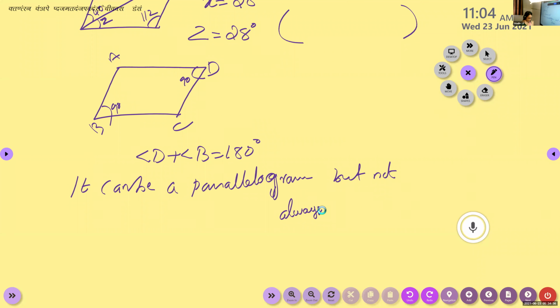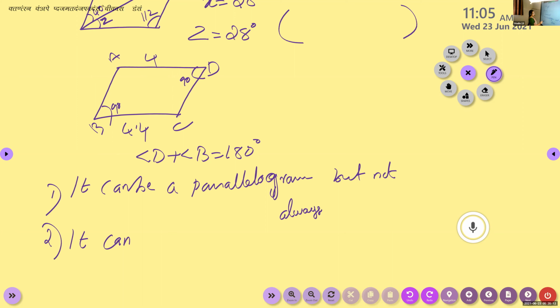Next question also, try. AB equal to DC equal to 8 centimeters. AD equal to 4 centimeters, BC equal to 4.4 centimeters. Can that ABCD be a parallelogram? Think and say. No, ma'am. Why? Opposite sides AD and BC are not equal. Here AD is 4, BC is given as 4.4. Okay, so in the second case, it cannot be a parallelogram.